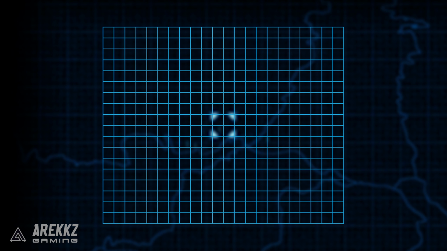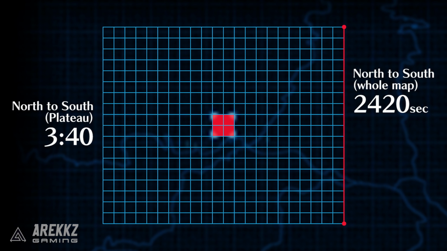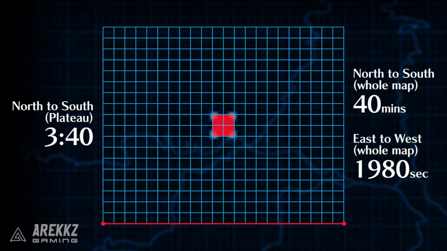But if we apply the time we just got to the grid we now have, then it takes roughly 3 minutes and 40 seconds, or 220 seconds, to go 2 grid spaces. That would therefore mean that it would take 2,420 seconds, which is roughly 40 minutes, to go from the very top of the map to the very bottom. And using that same logic, it would then take 1,980 seconds, or 33 minutes, to go from the very east